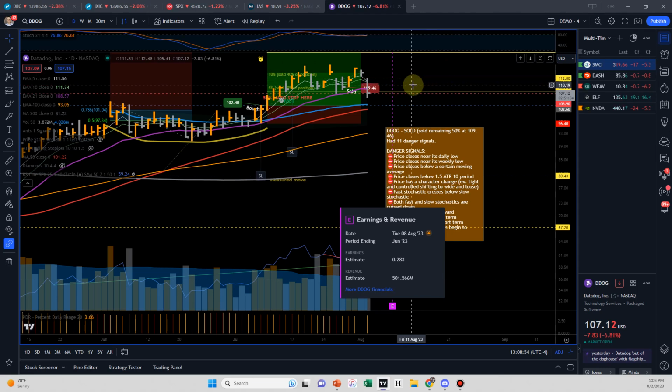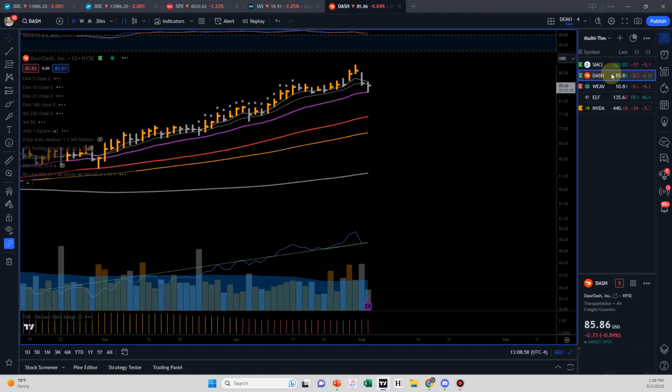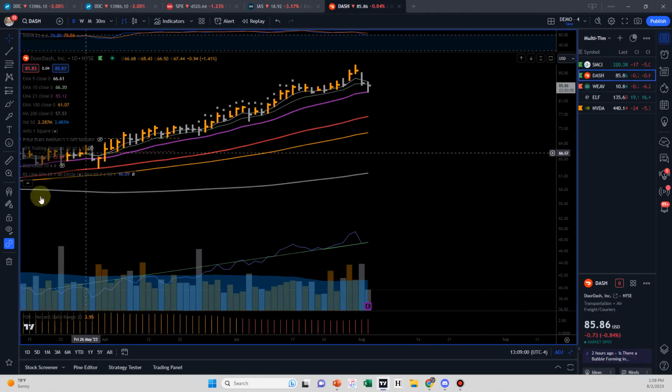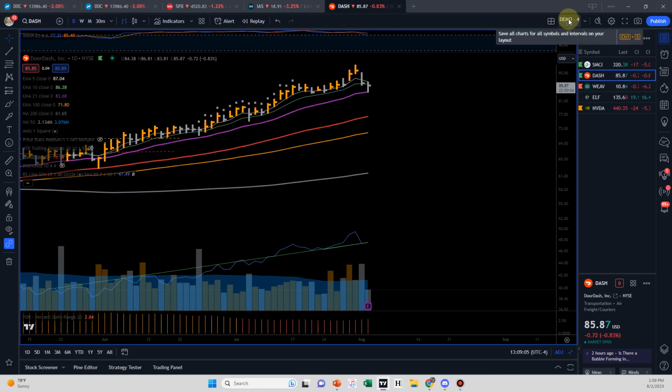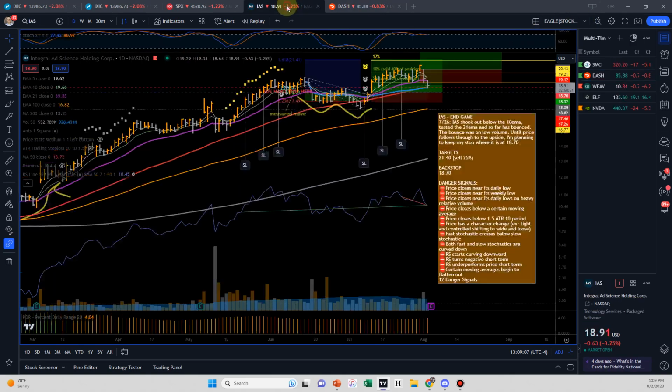I don't know, but let's take a look at Dash, right? Because Dash is one that I'm still in. Now Dash, and this is my demo one. I'll take off most of the annotations. This is the one that I'm regularly trading on. TradingView gives you all these different views. With Dash,